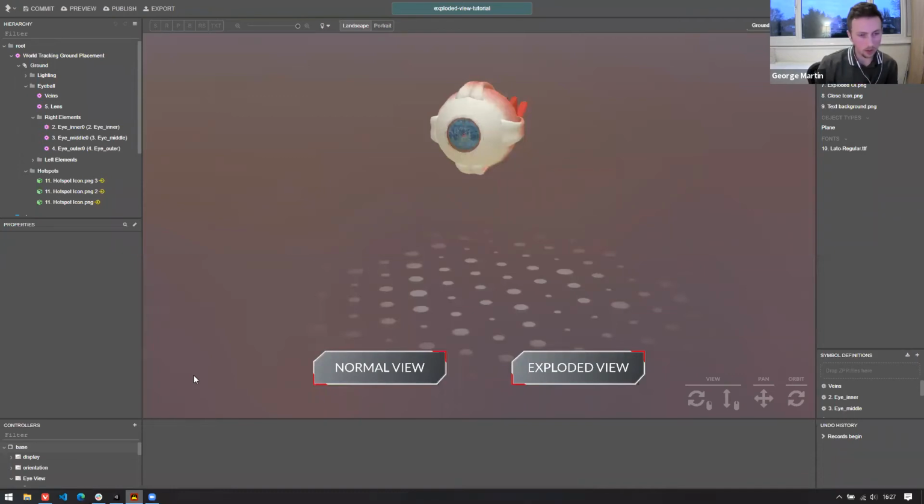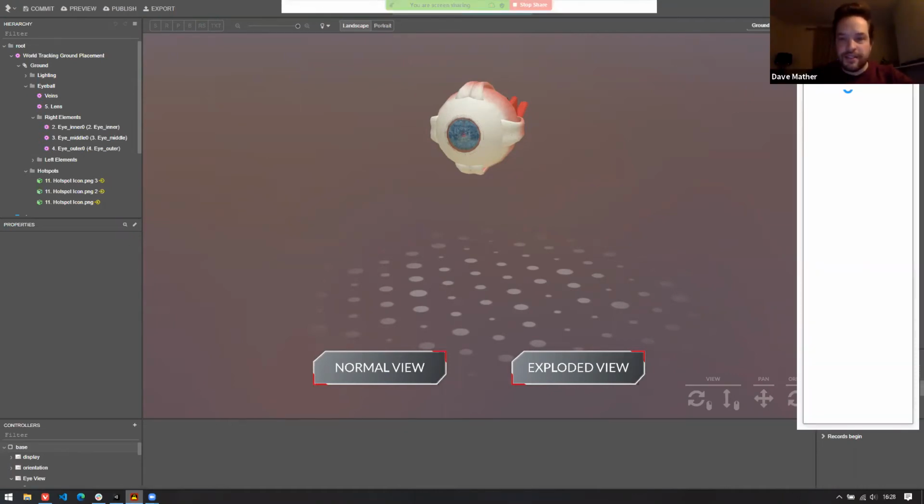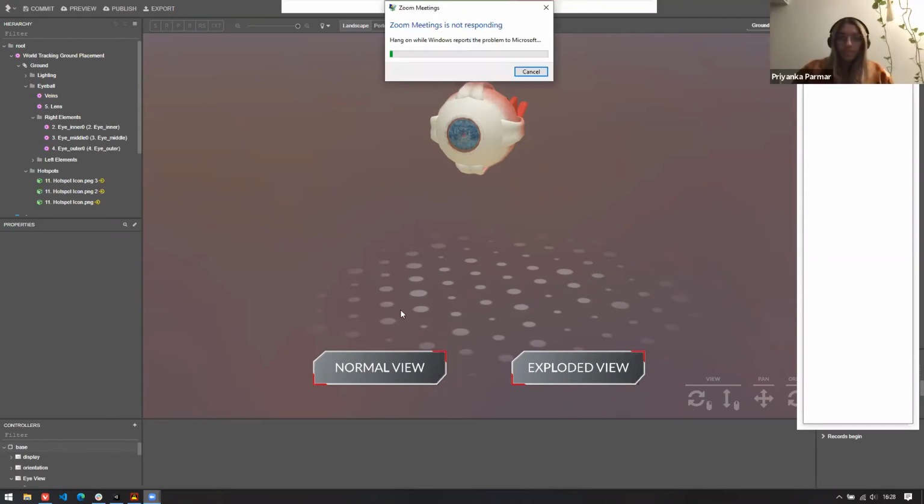So Studio is a really amazing toolkit, and you'll notice some similarities if you use things like Unity, which we'll showcase in a minute, things like timelines, and if you've used any kind of game development software or 3D design software, then you'll notice some similarities between them. But Studio is our downloadable software, which has 3D enablement, so you can add in things like 3D models, and it also has a scripting environment, so you can have greater customization with Studio than you would with something like Designer. So yeah, as George mentioned,